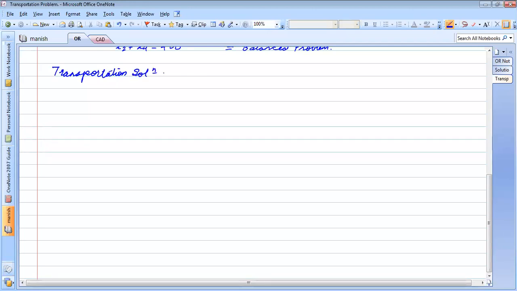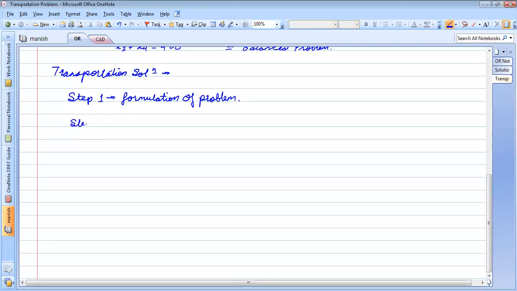So for transportation solution, we have certain steps. So let us write down these steps. Step number 1 is formulation of problem.